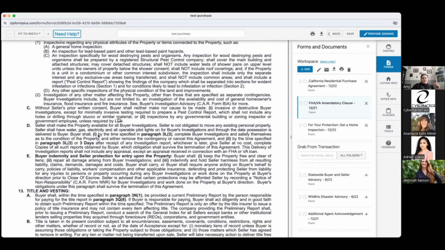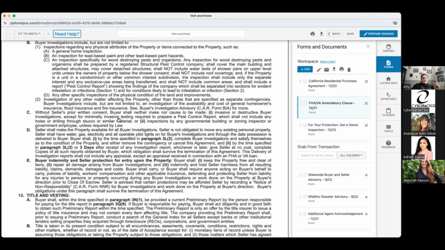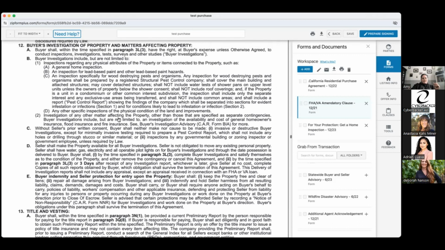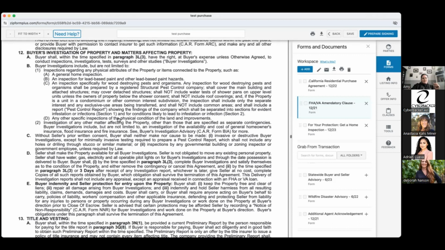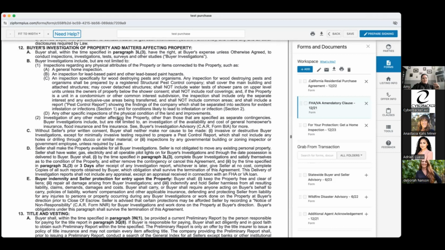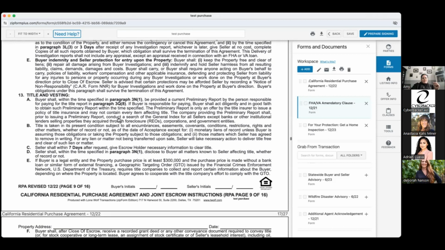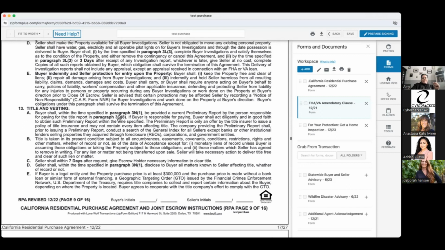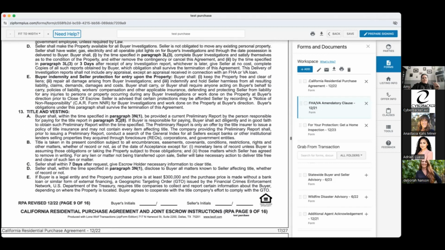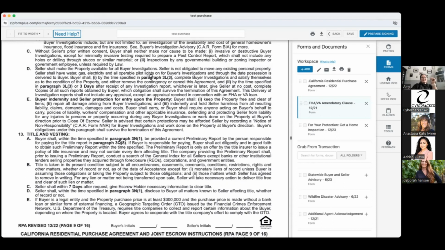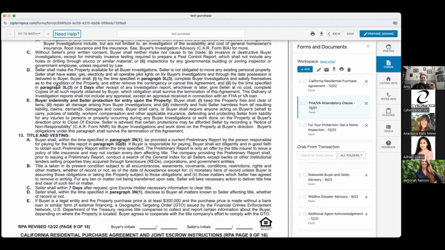Let's see. Inspection, let's see, it's limited to. Oh, it's somewhere. You don't know this form by heart? I don't, this little clause. Oh, here we go. It is here. See, I knew it was here. In 12D, how dare you, Anastasia? In 12D,